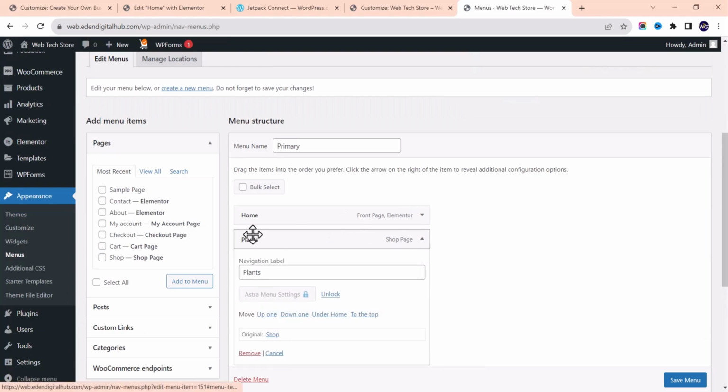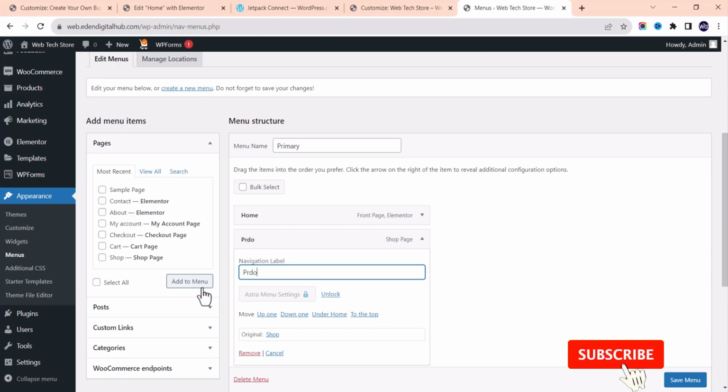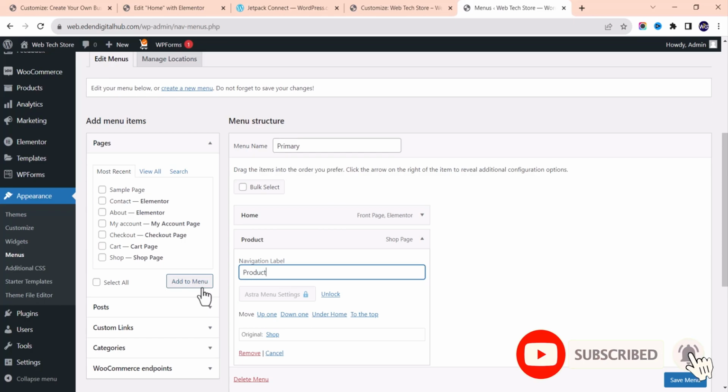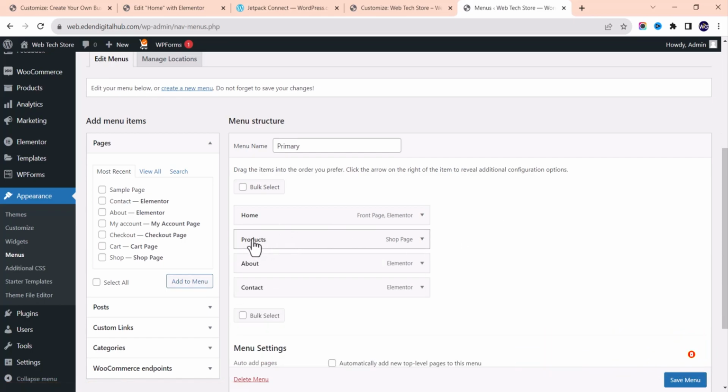The shop page, you can edit the navigation label. Let me just input shop. You can edit any label. Just click on the menu or the label, any one of them, and then you can easily edit it. You can say I change this to product. You can drag it up, down, anywhere you want, any location you want. You can easily drag it anywhere,